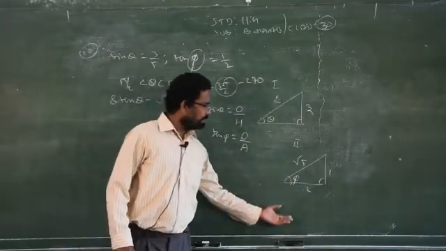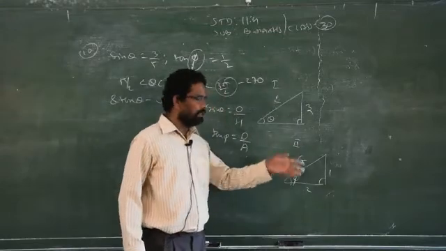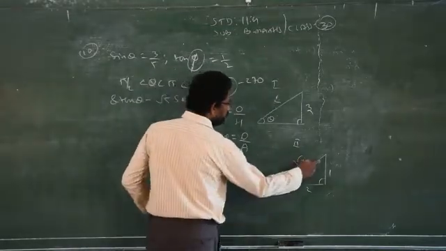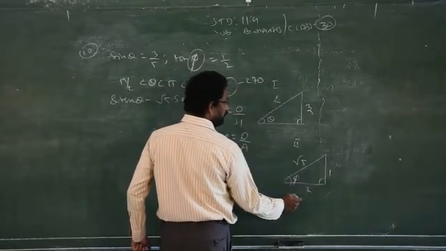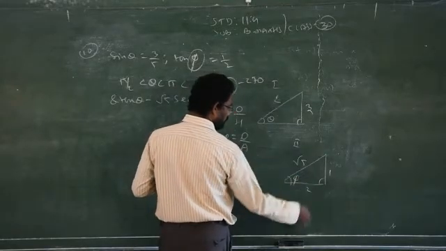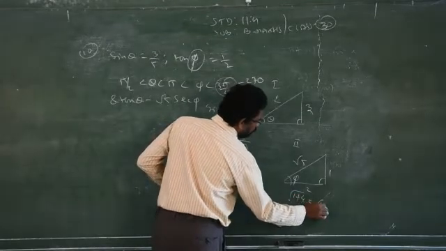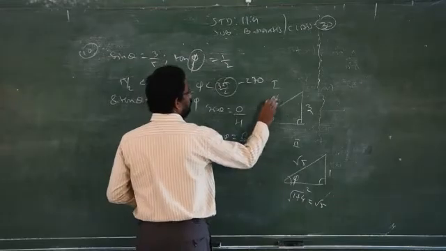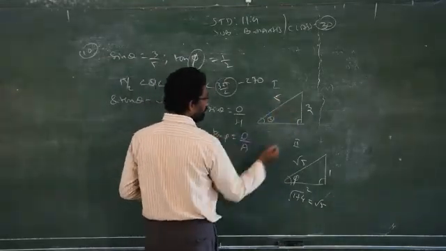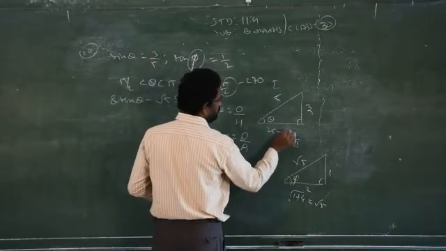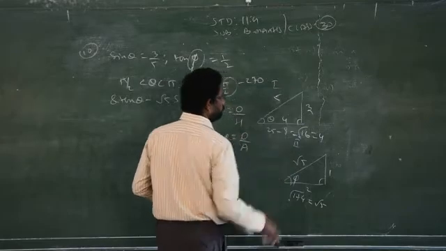Applying the Pythagoras theorem and finding the answer doesn't carry marks, you can do this calculation in your mind itself. Clear? So if you need to find the hypotenuse, you square both sides, add and take the square root. 1 square is 1, 2 square is 4, take the square root, that is square root of 5. Similarly, here, when the hypotenuse is given, you subtract after squaring the two sides, that is 25 minus 9, which will give you how much? 16. Take the square root, answer is 4.